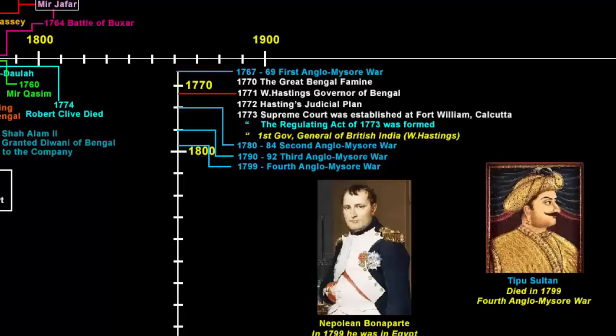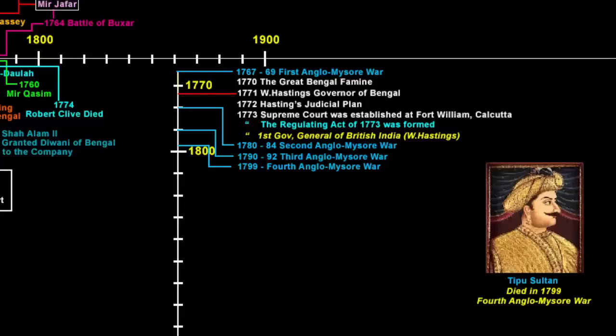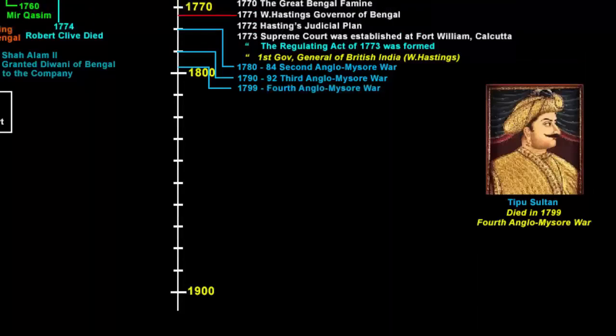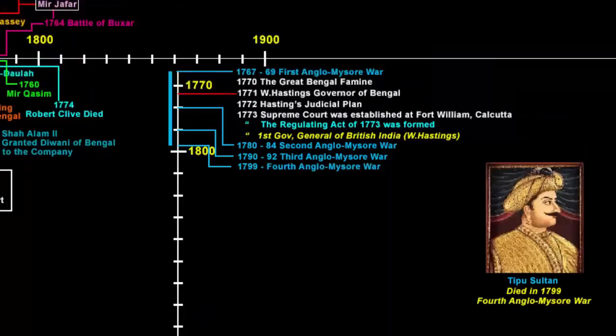So Tipu Sultan wrote letters to Napoleon, and in return Napoleon assured his support to Tipu against the British in India. This was definitely a threat to the East India Company, so the company asked help from the Maratha Empire and the Nizam of Hyderabad. Mysore was attacked from all 4 sides. Tipu was shot and killed in the capital city of Seringapatam. So this way, from 1767 to 1799, the East India Company fought 4 wars with Mysore, and finally killing Tipu Sultan in the Fourth Anglo-Mysore War of 1799.